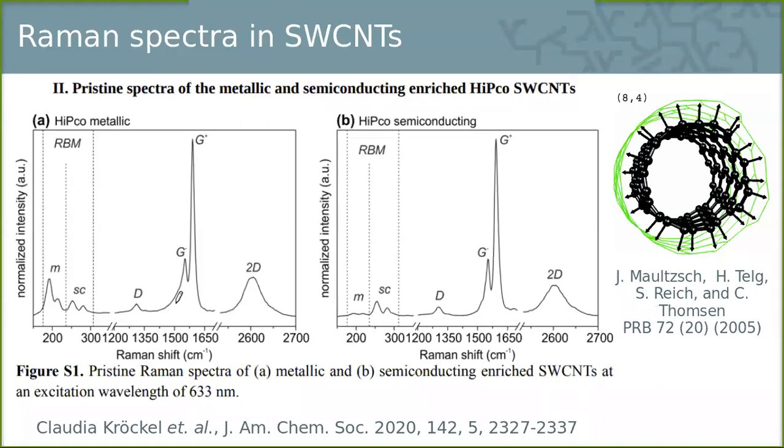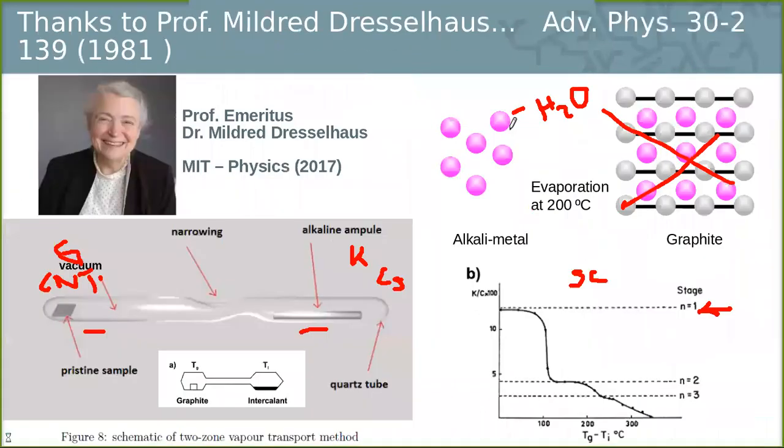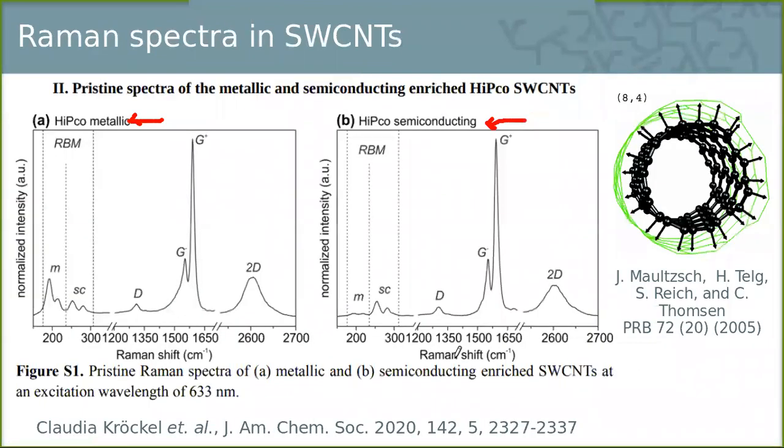So what we did here is to take metallic HiPco carbon nanotubes and semiconducting HiPco carbon nanotubes in order to expose them to potassium, as we just showed here. We expose them to potassium, an alkali metal that donates electrons to the carbon nanotube,